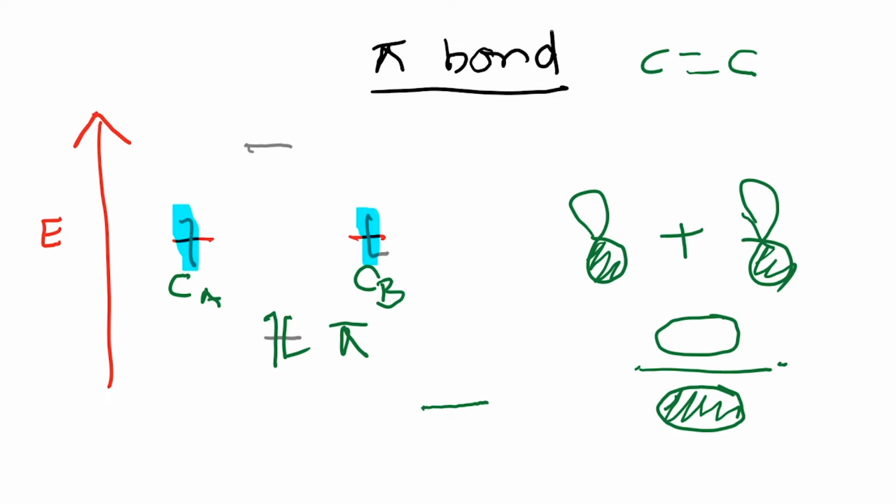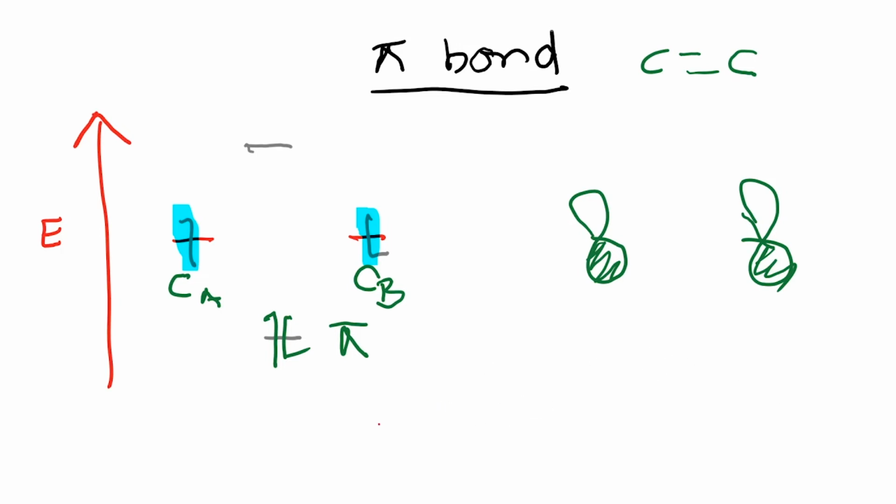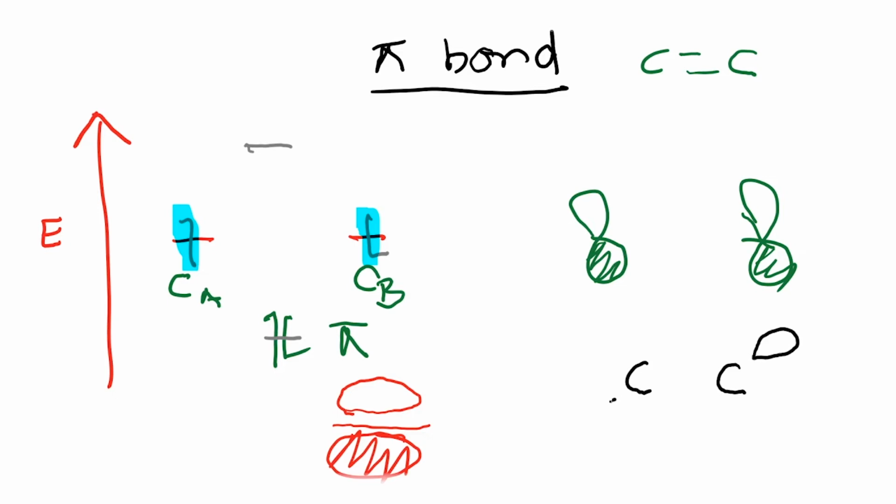And now similarly, when you want to form antibonding orbitals, the way you would combine these is in the following manner. So I'm just going to erase this so that we can use the same picture as much as possible. So I'm just going to draw it again here. This is going to be my bonding orbital, right? And now let's look at the anti-bonding situation. When you subtract, when they combine and form the anti-bonding orbital, you're going to get a node that is formed. So this is the carbon atom, and this is another carbon atom. And the way in which the anti-bonding orbitals are going to look is something like this.